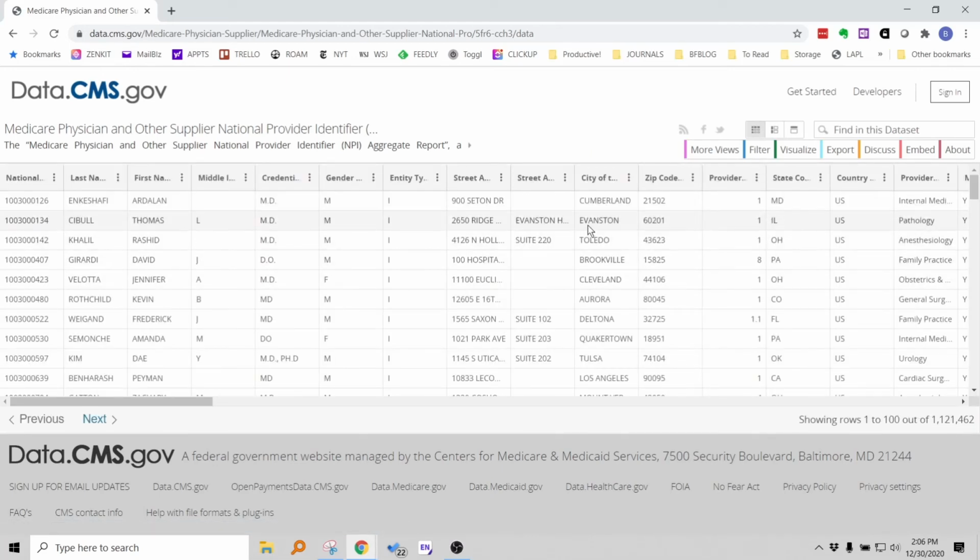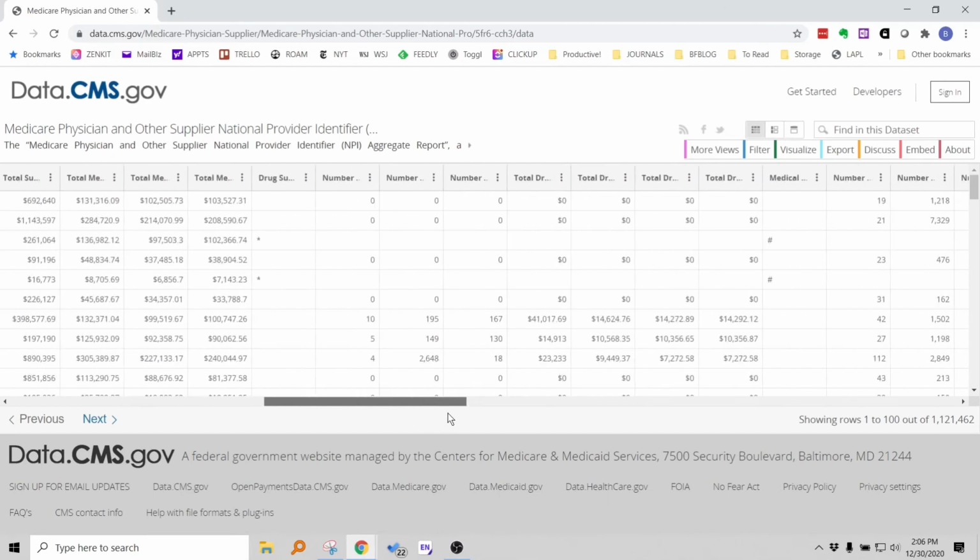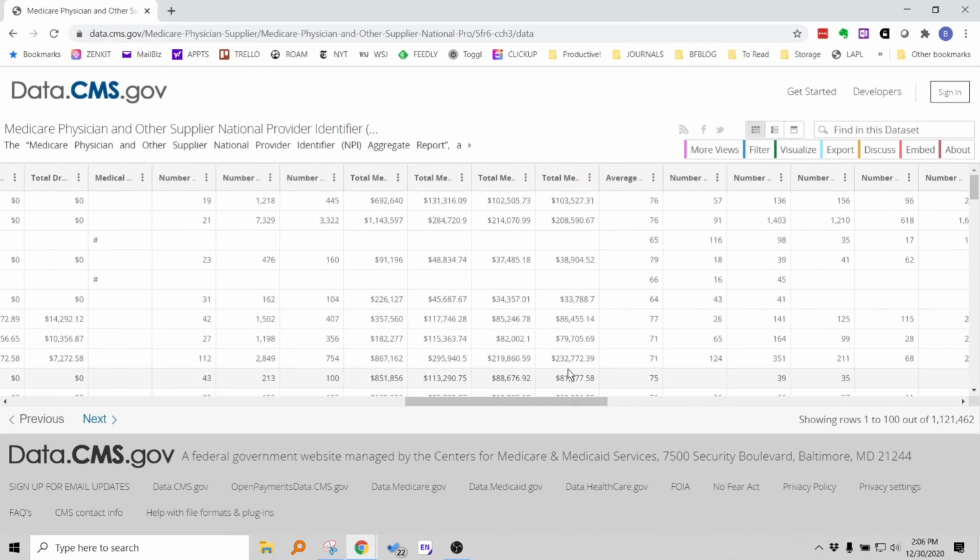Now we could sort this for provider type pathology or provider type clinical laboratory. But let's just look at this poor guy who happens to have the first number, Dr. Ardalan Enkashafi. He's in Cumberland, Maryland, internal medicine. And look at the data you can get on him. The number of drug codes he used, the number of HCPCS codes associated with drug services, the total drug submitted charge amount, the number of HCPCS codes associated with medical rather than drug services, total Medicare payment amount,